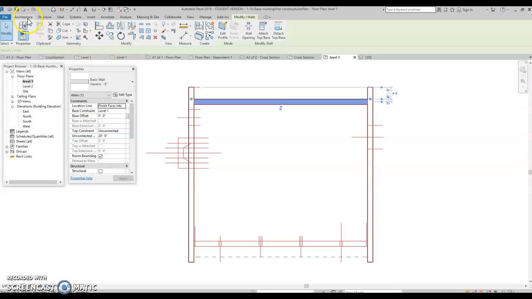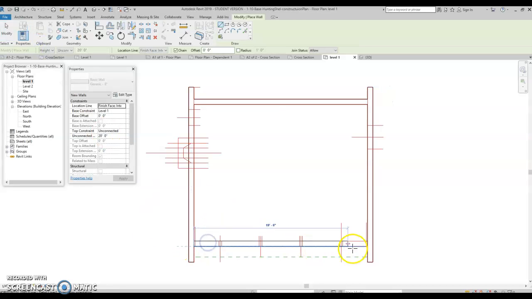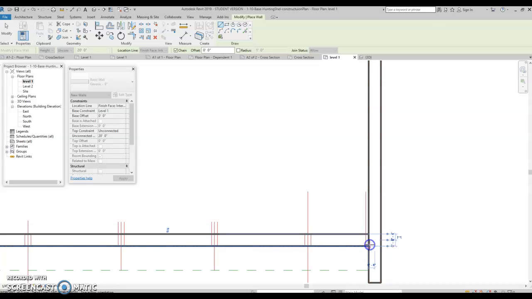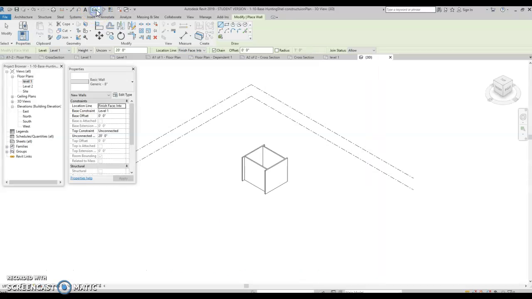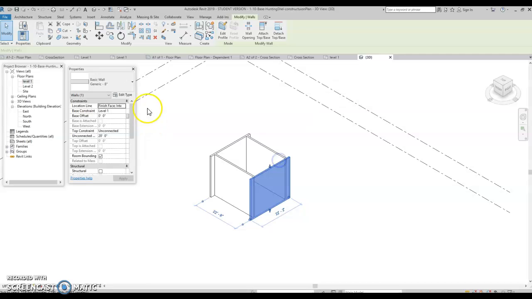Alright, so architecture wall, I'm going to choose my architectural wall, here it is, and I'm just going to go all the way to here. Alright, so I have essentially the 4 walls. How tall are these walls? Every time I pick the wall, I go to properties. It says it started from level 1 because that's where we started it. At 0.0 offset,